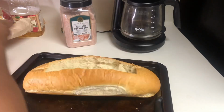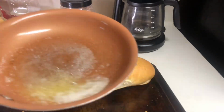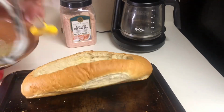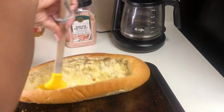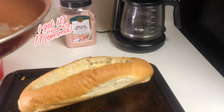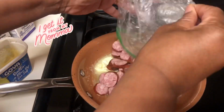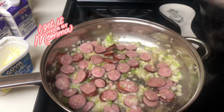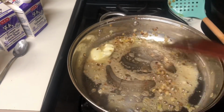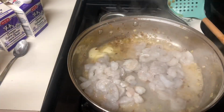You want to get two large French breads from your local grocery store deli. Carve out an opening. All right, set that to the side. Oh, in that pan, I don't know one single African American family that does not have a pan like that. It belonged to my late mom, so that's why I'm using that one. All right, you buttered your bread, and then in a skillet with a little bit of butter, you want to